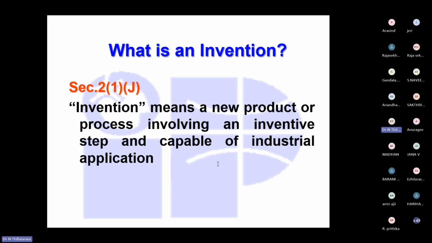See, you have an idea, sir. I have an idea. We cannot patent all ideas. Whether this idea is unique, sir. I have one fan, sir. With that fan, I want to add some other things. I want to add one light. Okay, the fan is already there, the light is also already invented. We cannot add two known things and say it is a new invention. This is all about mere arrangement or rearrangement of something that already exists. If you do some mere arrangement or rearrangement, it is not patentable.